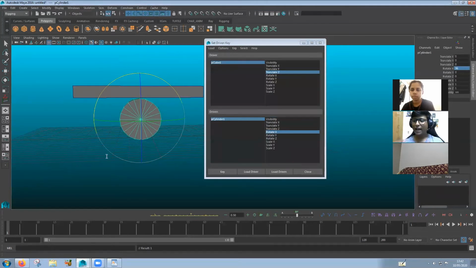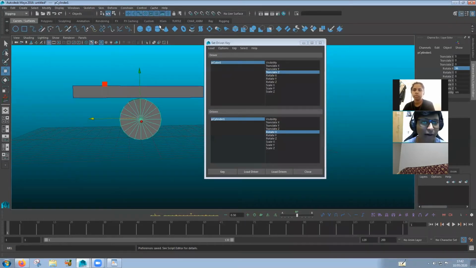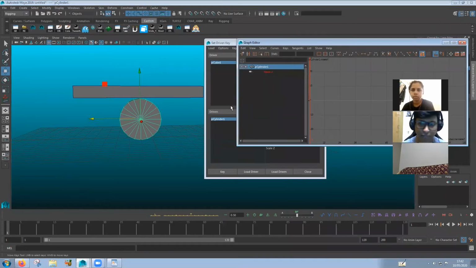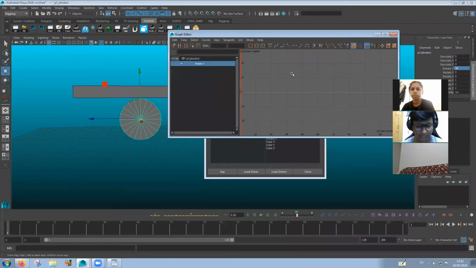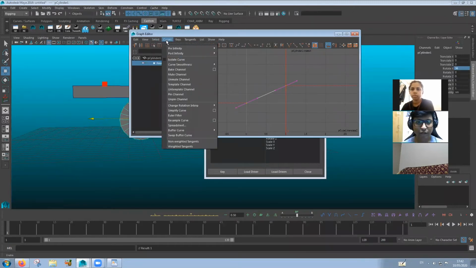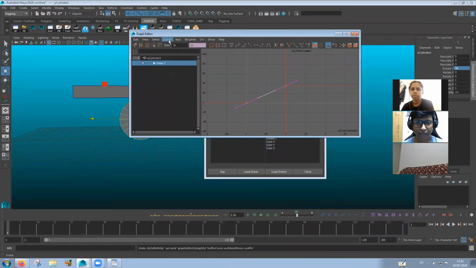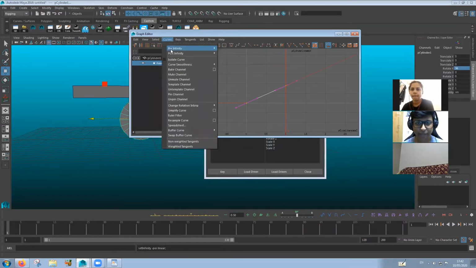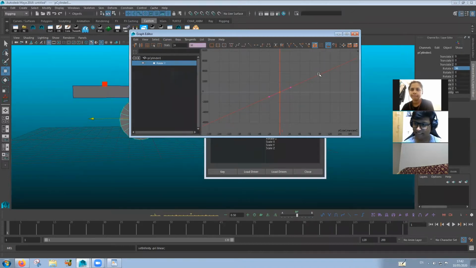now all the keys that you made will not be shown in the timeline over here. Okay, but if we open up our graph editor, you will see that the rotate X now has a graph over here. Okay, what we're going to do is make this continuous, and in infinity we're going to give pre and post infinity as linear. So it just keeps on going.